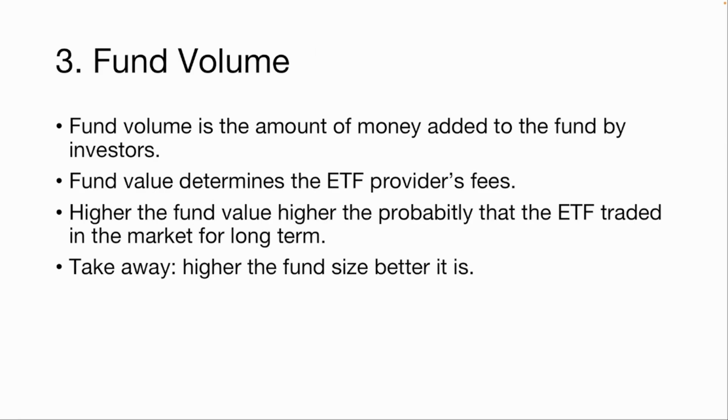The third is the fund volume. The fund volume is nothing but the amount of money put in by the investors into the fund. As you know, the total expense ratio for an ETF is extremely low, in the range of 0.1%. In some cases, it is even 0.2, 0.5%. For the ETF provider to make any meaningful profit, to maintain the team behind it, they need a really high volume in millions so that the 0.1% creates enough money for them to even break even.